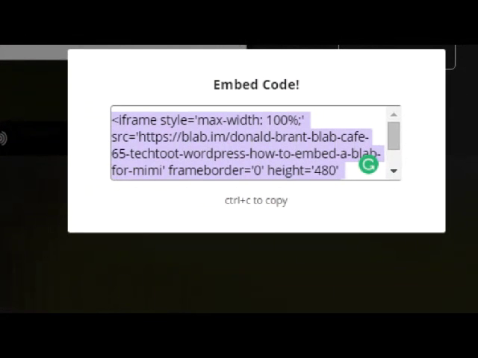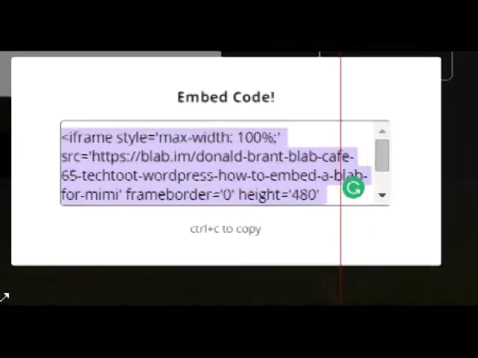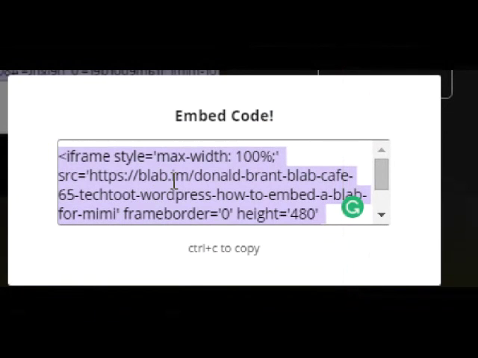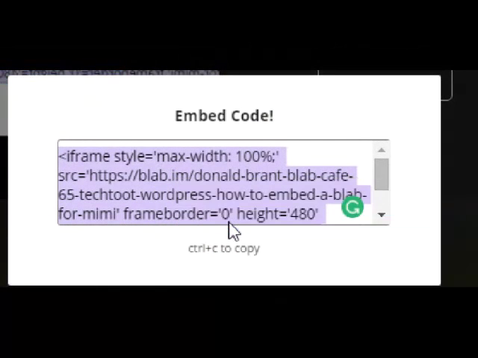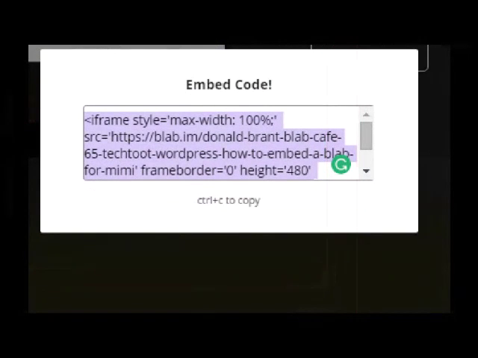And all you do is you right click over that embed code. So I'm going to right click and copy. And then you just have to forget about this. Just click off of the page for a bit. So you've already copied that. So just don't do anything like copy and pasting anywhere else. So now we're going to go over to your